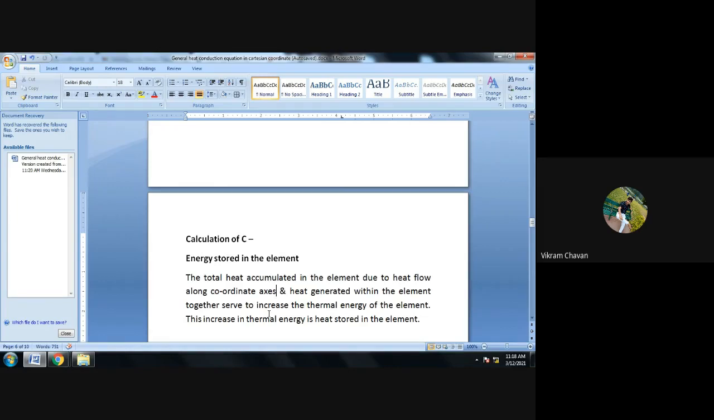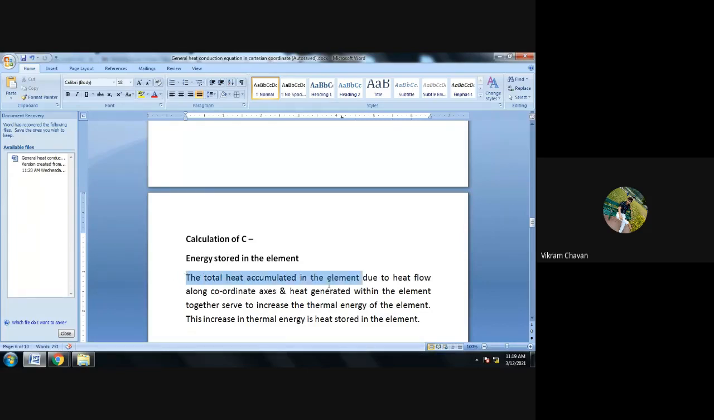Write down everyone. Calculation of C, energy stored in the element. In that, write down total heat accumulated. The total heat accumulated in the element